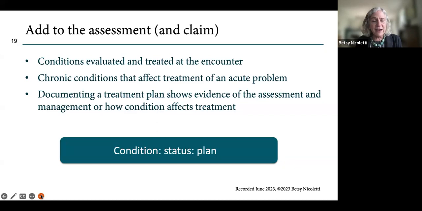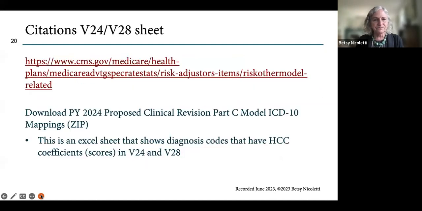And all the HCC experts that I've heard, and I'm not one of those experts, I'm giving you the overview, say this is the gold standard: condition, this is the diagnosis, status, stable, fine, worsening, plan. That shows evidence that the problem was assessed and managed at today's visit.